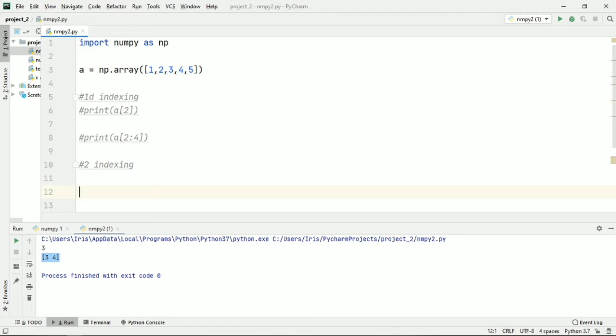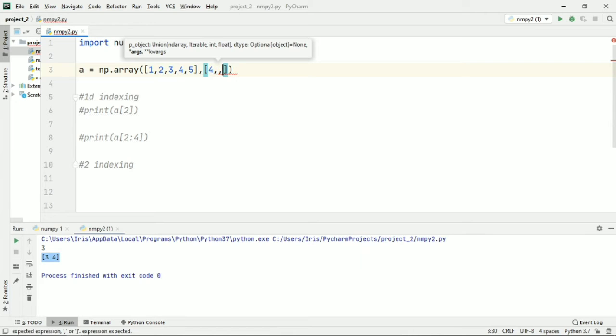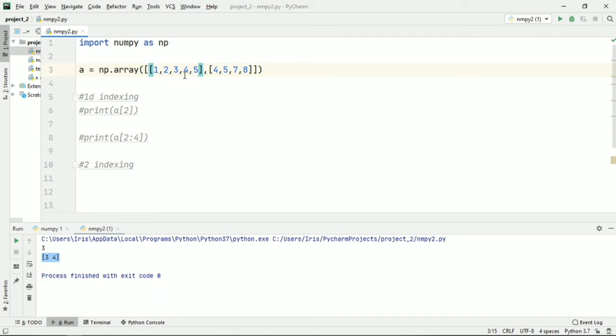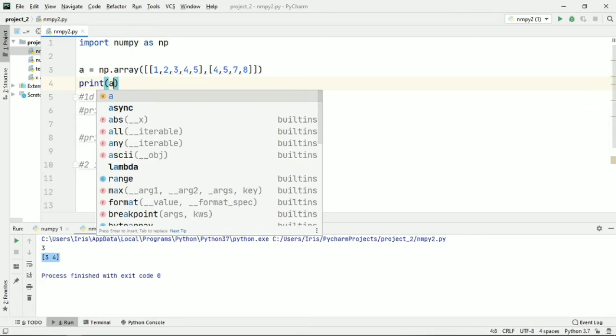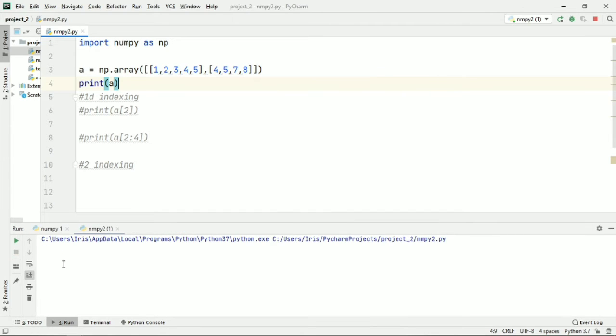Two-dimensional indexing. Okay. So I've got my array here, and if you've seen my previous video, you know that you must specify a comma and indent it with close brackets. Because I had explained that in my previous video, let me just put the brackets. And here we've got a new array. It's a two-dimensional array. Okay, so now in a two-dimensional array, two arguments usually come up. One is our row and the second one is our column, right? So let me first just basic print the array and show you how the input looks.